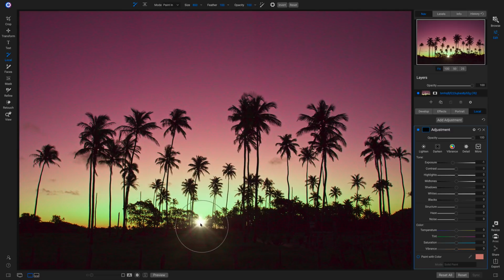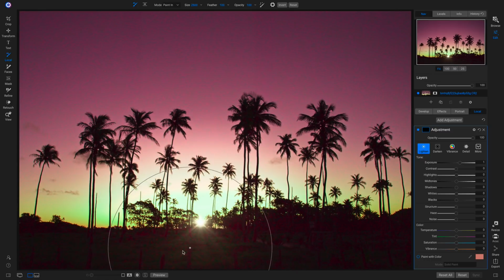So this doesn't look very realistic with just this bright light right here. It almost looks like a car headlight is right there. To make it look like the sun, I need to brighten up the area around the sun, if that makes sense. So I'm going to go into my local adjustments, click on lighten, make my brush size incredibly large, and then I'm just going to brush